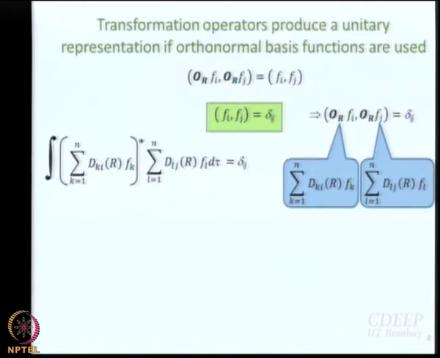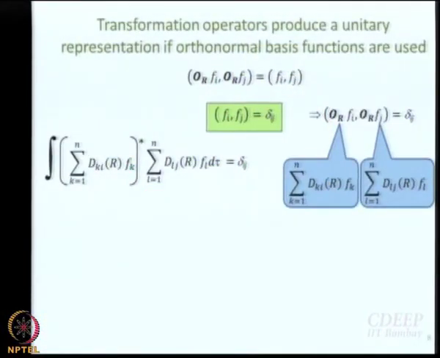Now let us make it a little less scary again. I have integral, I have summation, it is scary to me. I get scared when I see an integral sign, and to make things worse, I have two summations as well. So, I would like to get rid of as many of these as possible. How can I get rid of this? One thing I can do is try to collect the integral. I can take the summations out anyway, right? We are integrating over what? We are integrating over all space, not necessarily your Cartesian space, but function space.